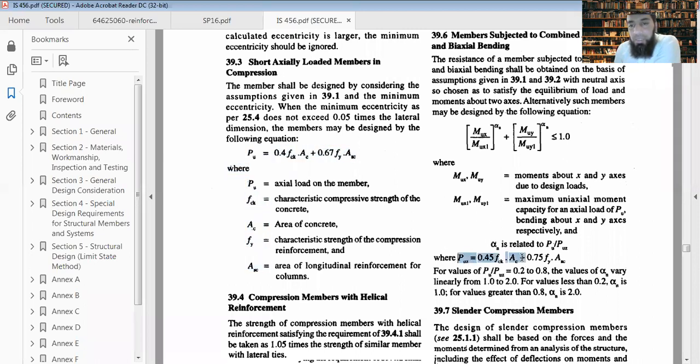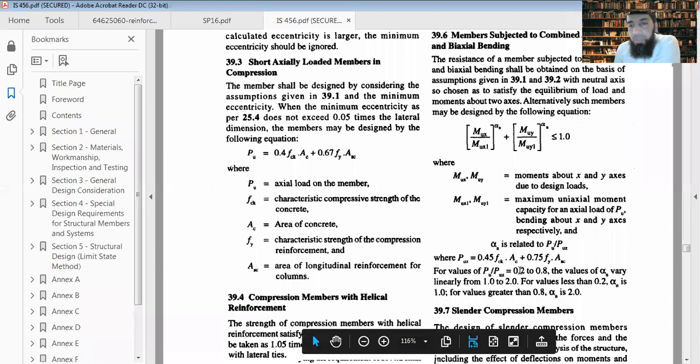This is the maximum design load for which it can be designed. Puz is 0.45 fck into Ac plus 0.75 fy into Asc. So it's greater than this: 0.65, this is 0.75, this is 0.4, this is 0.45. So Pu by Puz will always have a value less than 1. For a value of Pu by Puz equal to 0.2 to 0.8, the values of alpha n vary linearly from 1 to